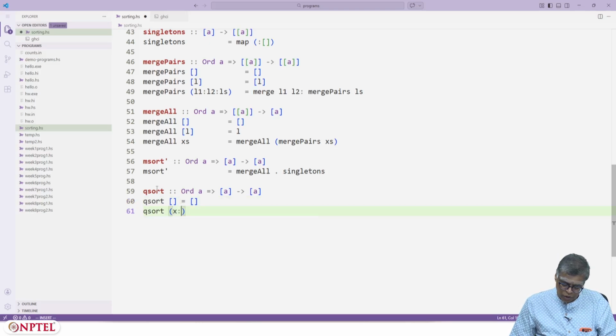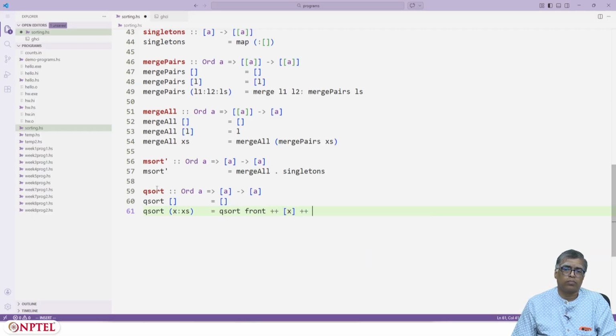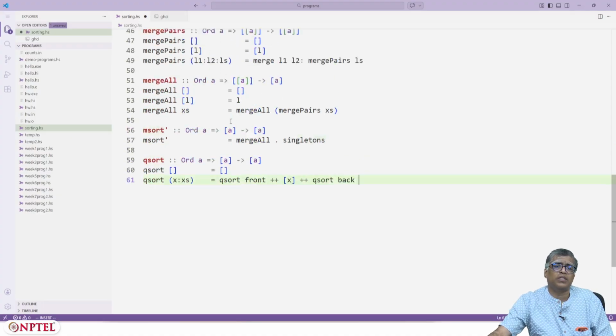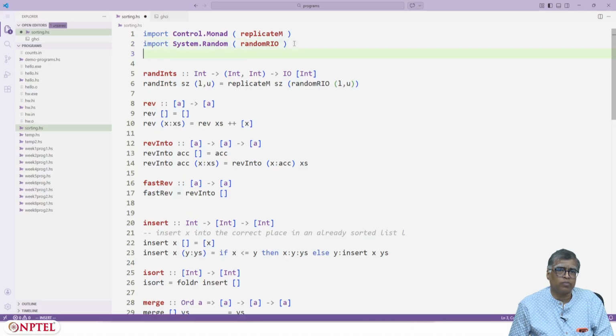Qsort of x followed by xs is qsort of front plus plus singleton x plus plus qsort of back, where this time I'll just use the partition function.